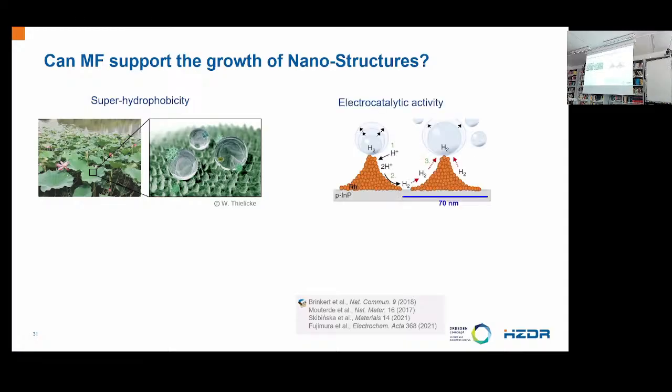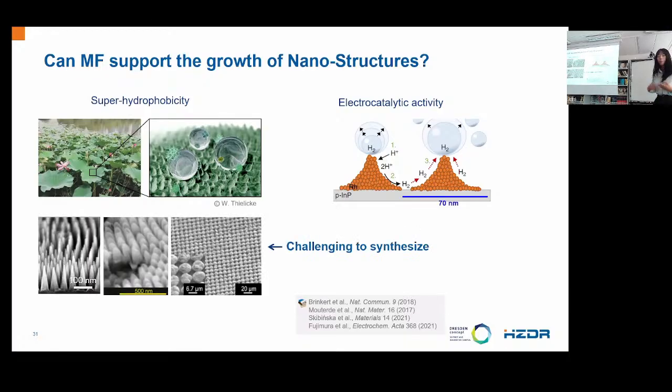And another application in the field of electrocatalysis, as introduced by Gerd: during water electrolysis, hydrogen bubbles could form and stick to the electrode surface, covering active reaction area. And it is found that if the electrode is structured in the conical shape, then it could accelerate the detachment of the bubbles and enhance the reaction efficiency. This makes such kind of structures, and I focus on the cones, quite attractive, but it is challenging to